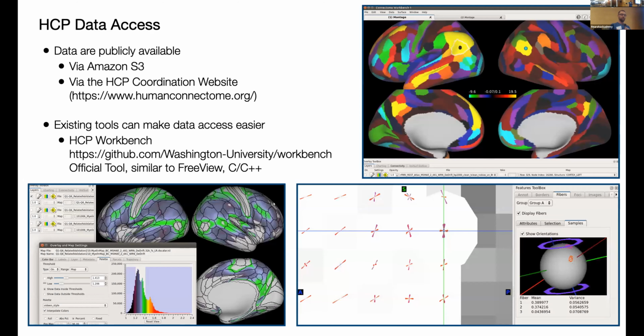Beyond S3, there are also a bunch of existing tools for interacting with the Human Connectome Project data. The first of these I want to mention is the Human Connectome Project's official tool called Workbench. Screenshots of